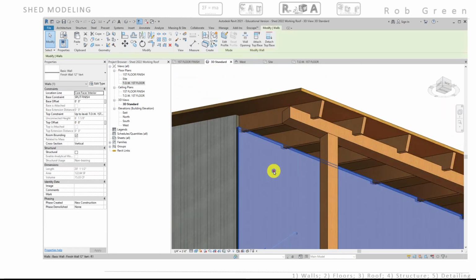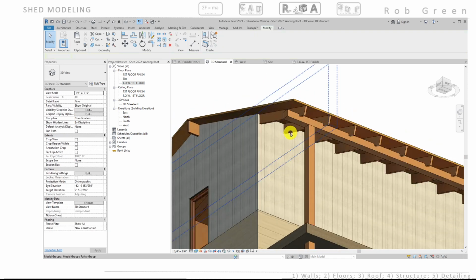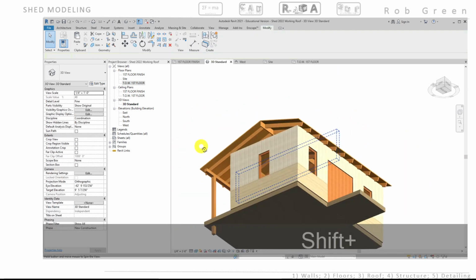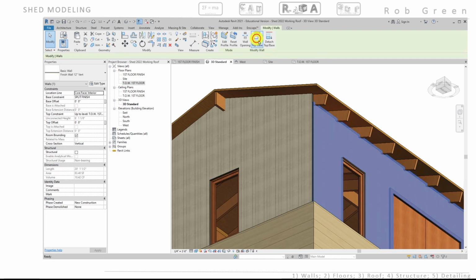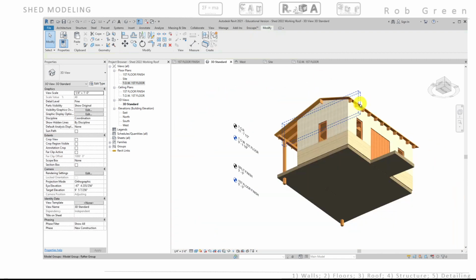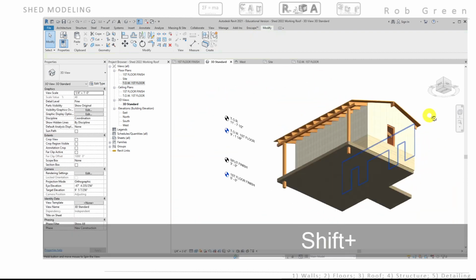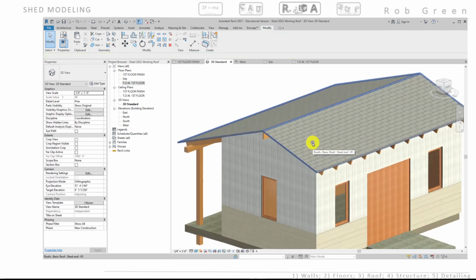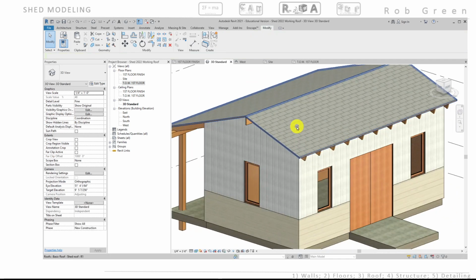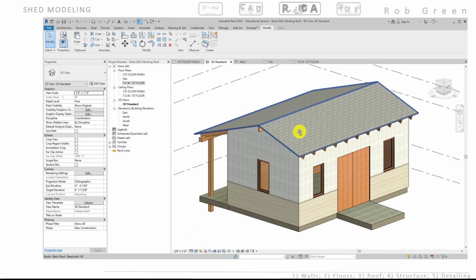So I'm also going to extend this back wall up to the roof, attach roof, done. Looking at this from the bottom, so I'm seeing wall attached to top, click the roof, wall attached to top, click the roof. So our building is completely enclosed, and it's enclosed in a way that it would be done inside of construction. All right, so I'm going to close this session out, and then in the final session,